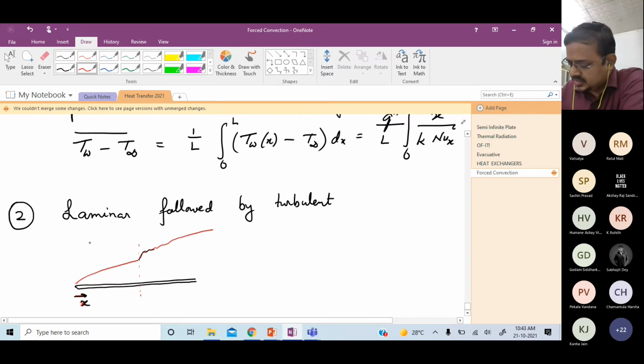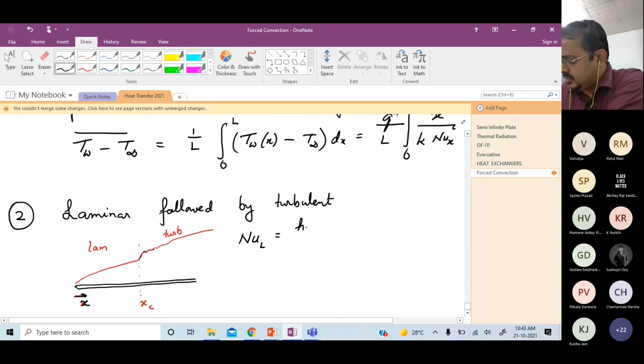So here it is laminar, and here it is turbulent. And over here, this is xc. So for such a situation, the average Nusselt number